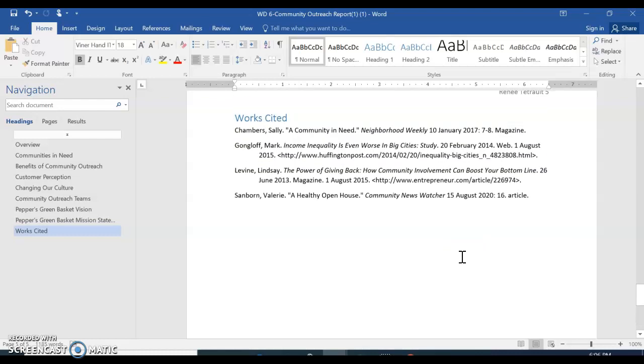If you wanted to view this in full, you would choose View